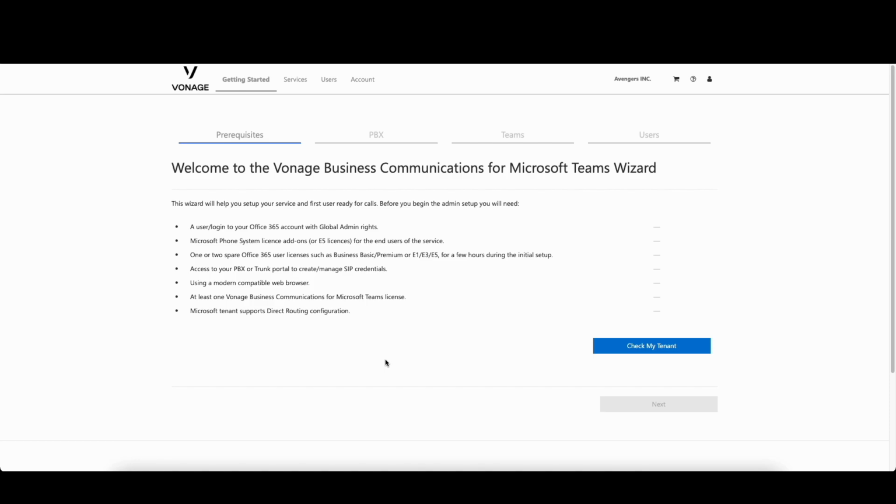With a few simple clicks, you're able to sign in with your tenant global administrator privileges, assign the Vonage phone system that you want to connect to, and assign the users to Vonage extensions directly in the interface, all with a few clicks.